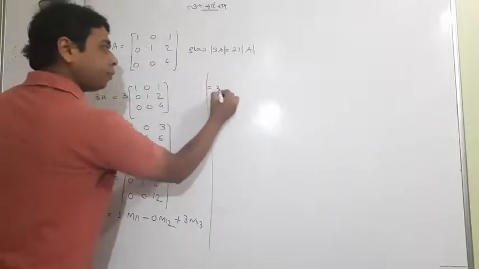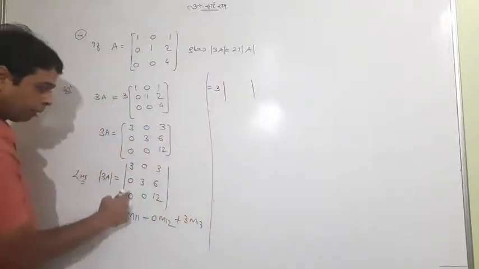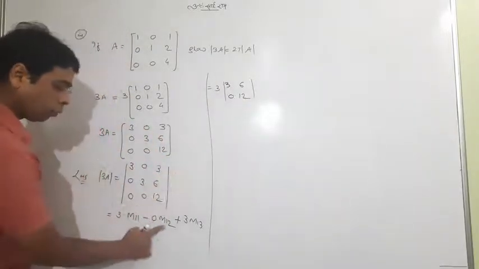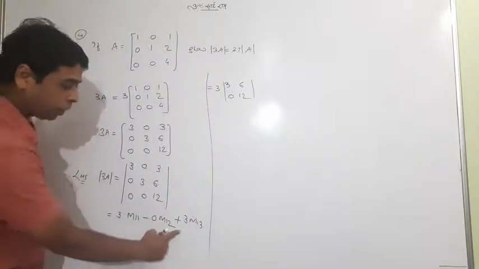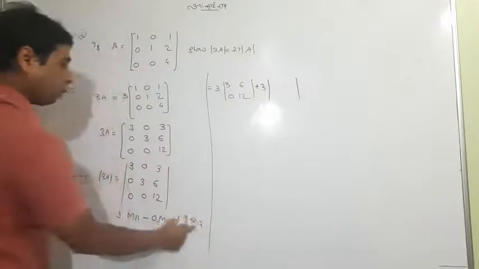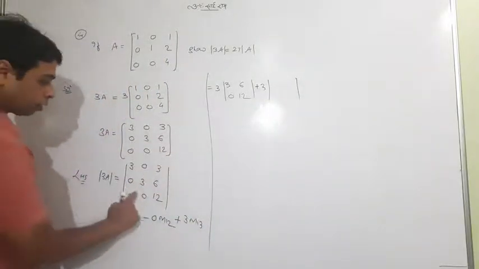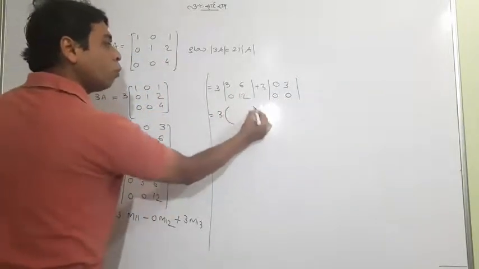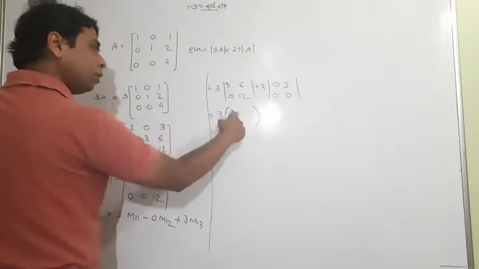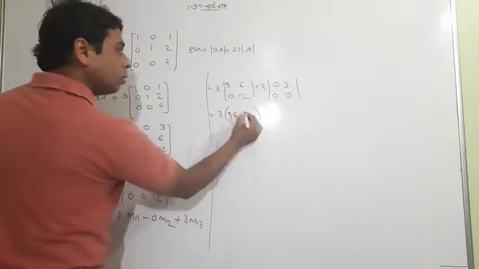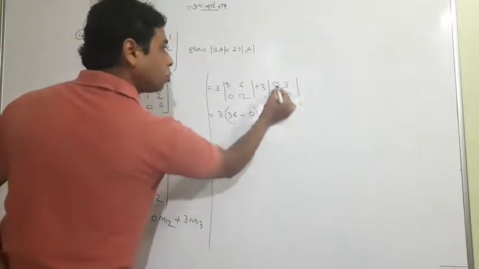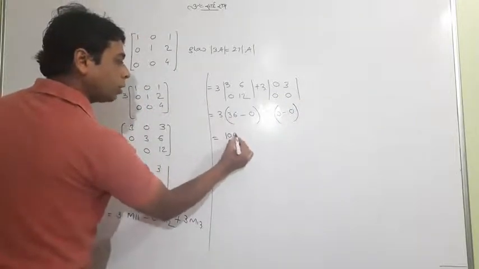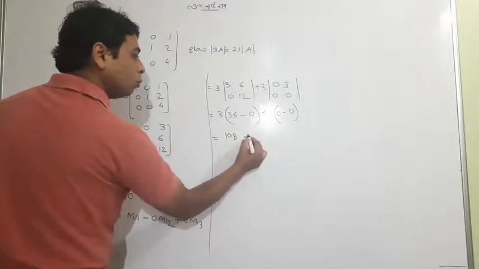Now 3, what is M11? These two will be eliminated. Minus of this, 3 times 6, 0, 12. Minus 0 into whatever it is, the value is 0, I'm not writing that term, plus 3. What is M13? The minus of that element, these two will be eliminated, 0, 3, 0, 0. Now open it, use the bracket sign: 12 times 3 is 36, minus 0, plus 3, these two will be 0, minus these two will be 0. So 36 into 3 is 108, and 0, and it is again 0. So no sense is here at all.